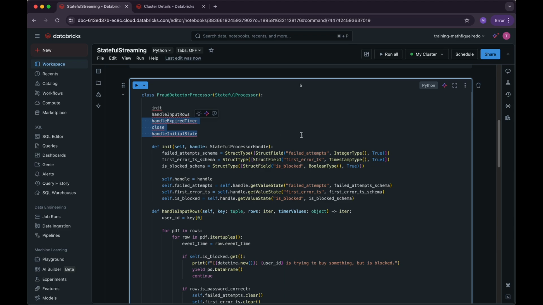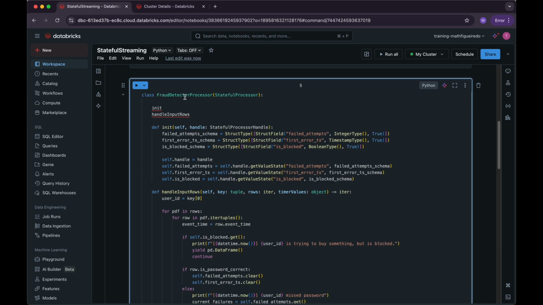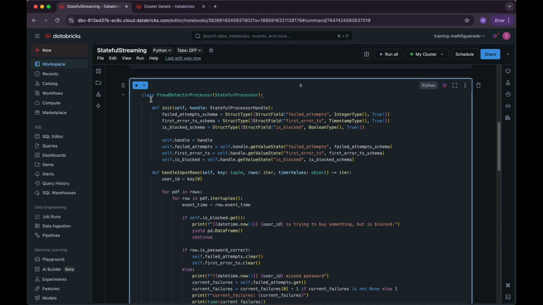But in this demo, we are just going to use 2 of those methods: init and handle input rows. The init method is where we initialize our state variables. The method receives a handle, which is our connection to Spark state management system. We'll define 3 state variables: